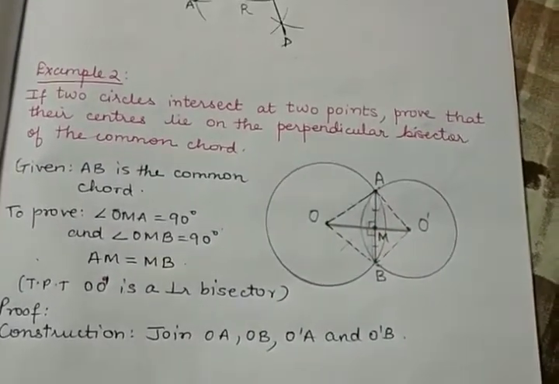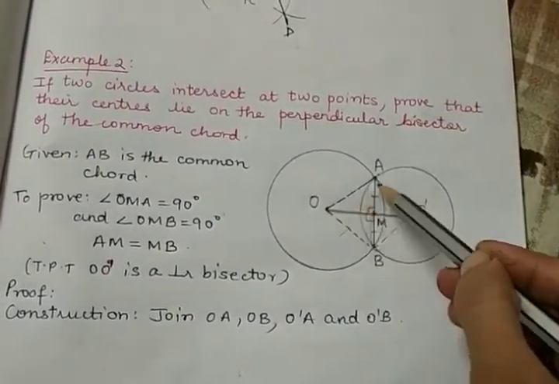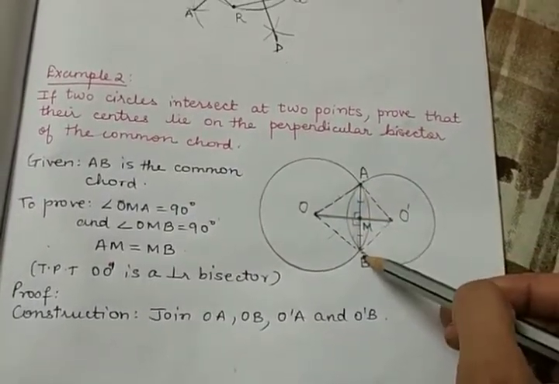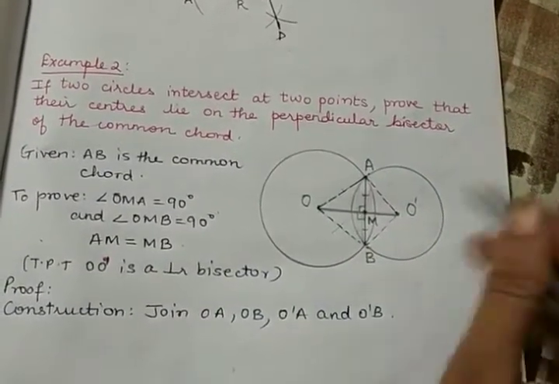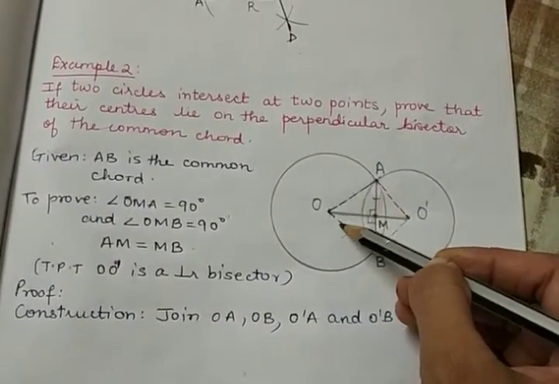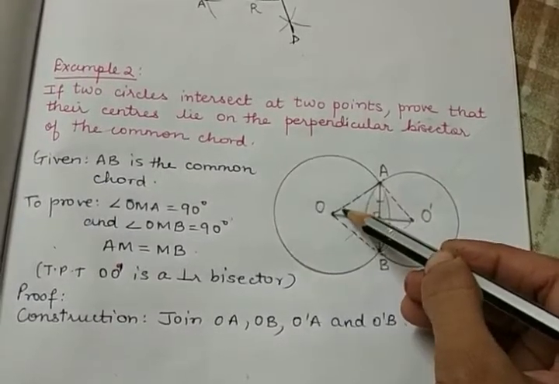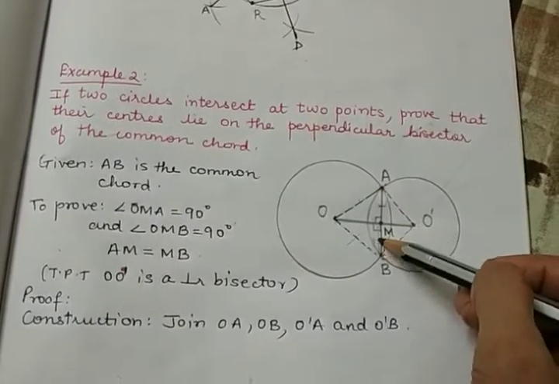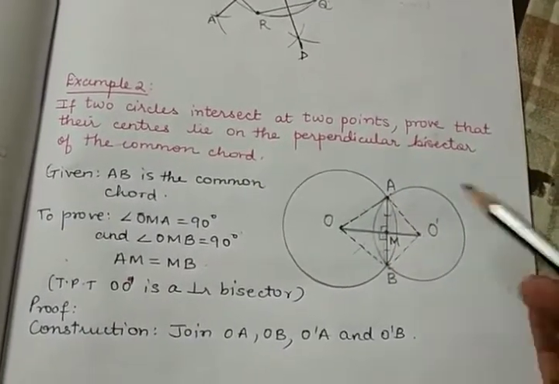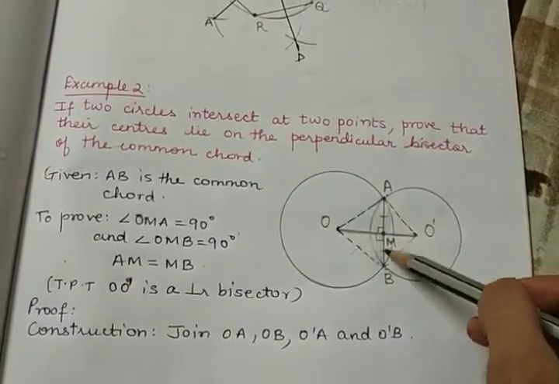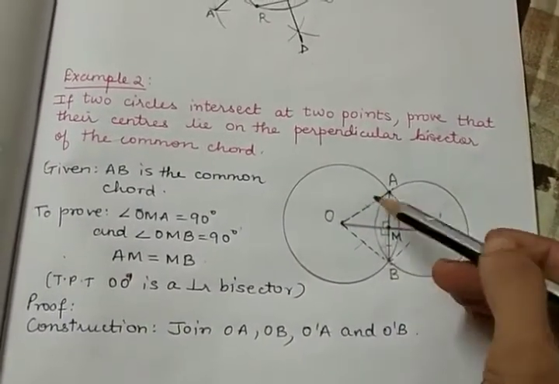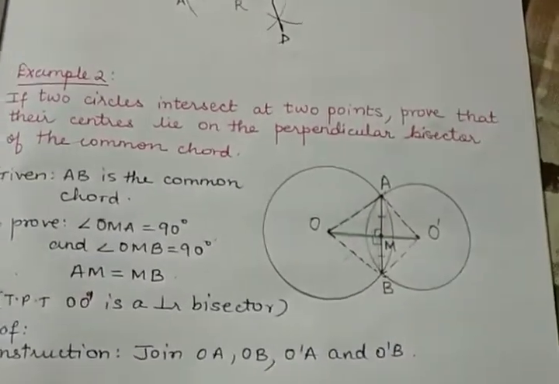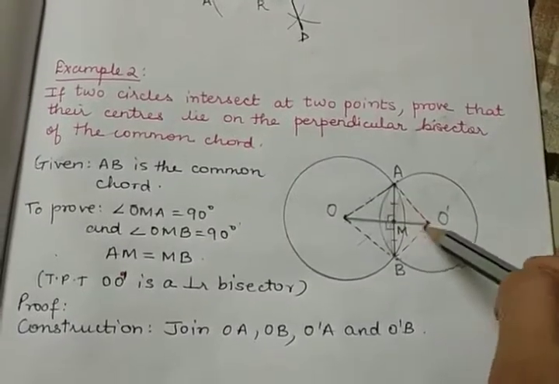Now which will be the third condition? Is this side equal? No, that is what we have to prove, that these two sides are equal. So I cannot take that as the third condition. Can I take this and this angle? We don't know whether the angles are equal. So I cannot take this also. Do I know that these two angles are equal? No, that also I don't know. So if I take these two triangles, then I will not get three conditions to prove that these two triangles are congruent. Even if I take these two triangles, it will be the same case.